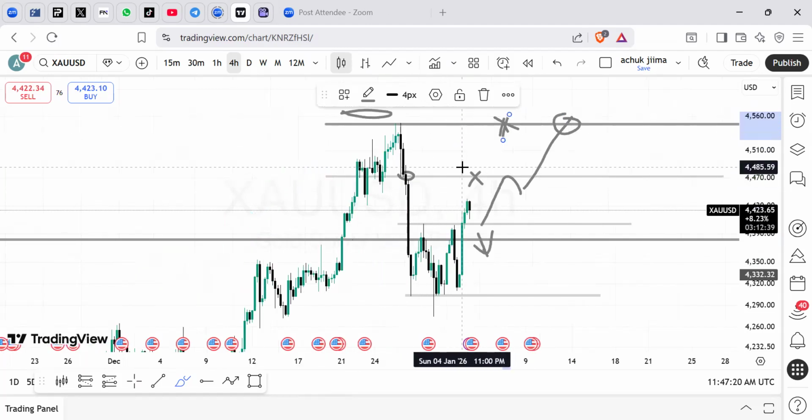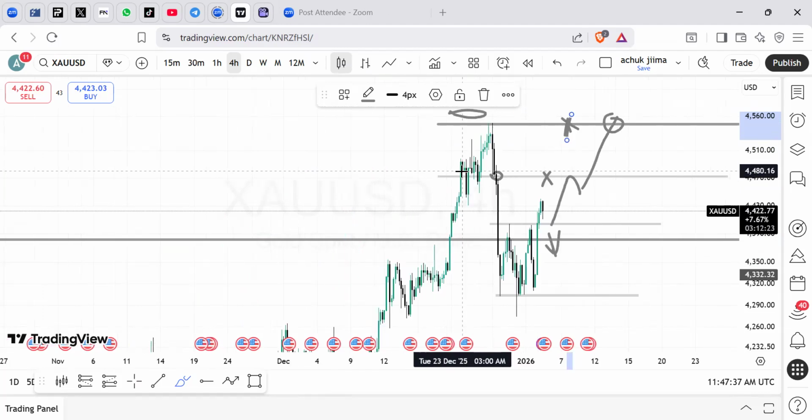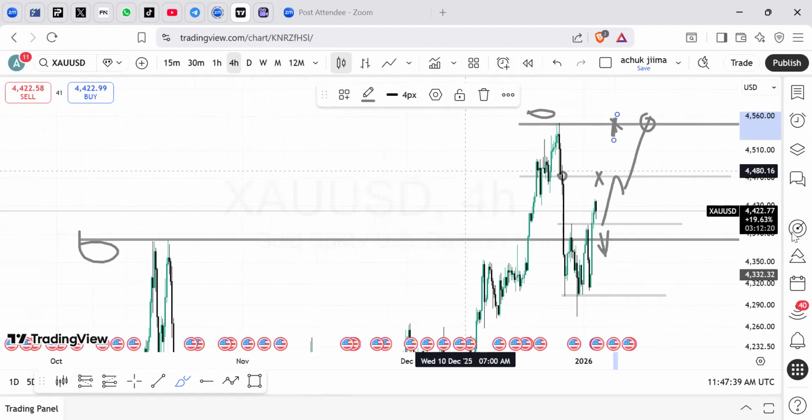Now, this is just a technical prophecy. There are other fundamental issues happening, including what is happening between the USA, Venezuela, and the oil, Trump, and all of those fundamentals that come in. They will just add flavor to what we have analyzed technically. So this is our view on gold. We are in buys. Let's see how this plays out. Trade responsibly.